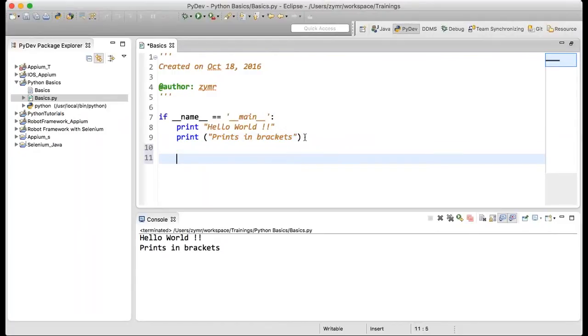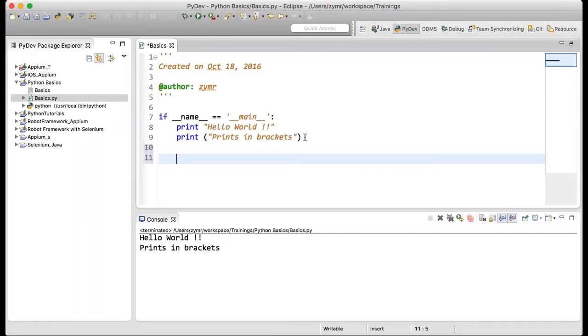In Java or in any other programming language, we have a mandate that we have to declare the type of the variable. However, in case of Python we don't have a mandate to initially tell the type of the variable that we are going to use going further.